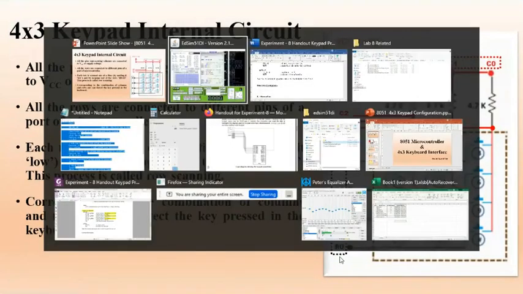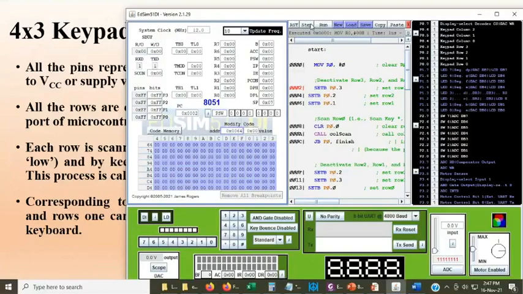Okay. So now what you are doing is deactivating, or you are not going to check the keystroke from 0.3, 0.2 or 0.1. Which row are you going to check, scan or activate? You are going to activate port 0.0, that is row 0. So now you have 3 options.